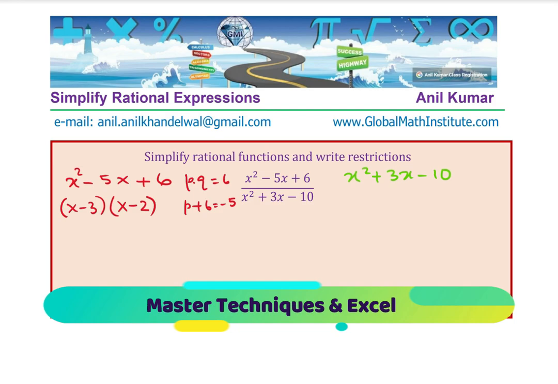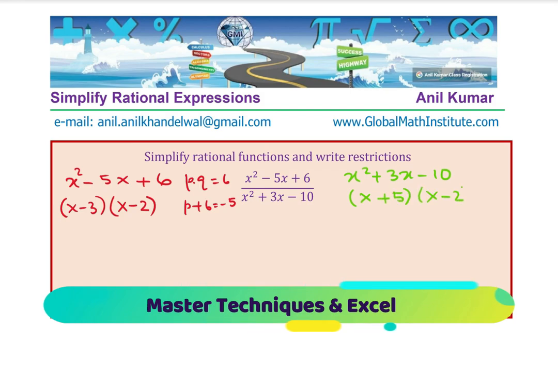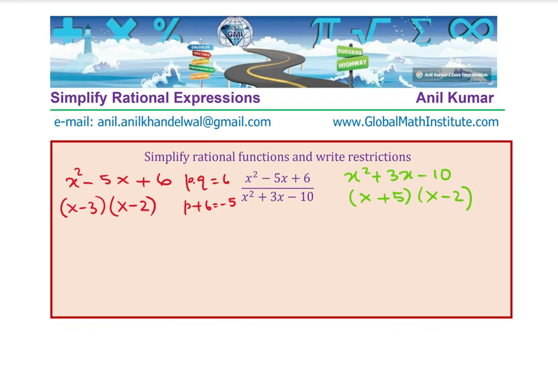The two numbers are of different sign. Greater is positive, right? So 5 times 2 work, and therefore I could write this as x plus 5 times x minus 2. Perfect? And that means that I can now rewrite my given expression in the factored form. So let us now rewrite the expression in the factored form,